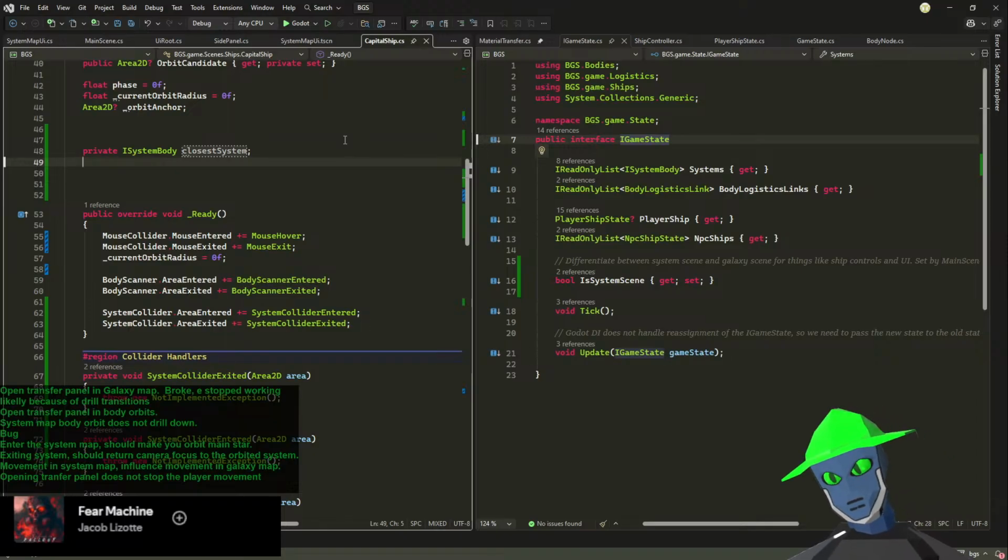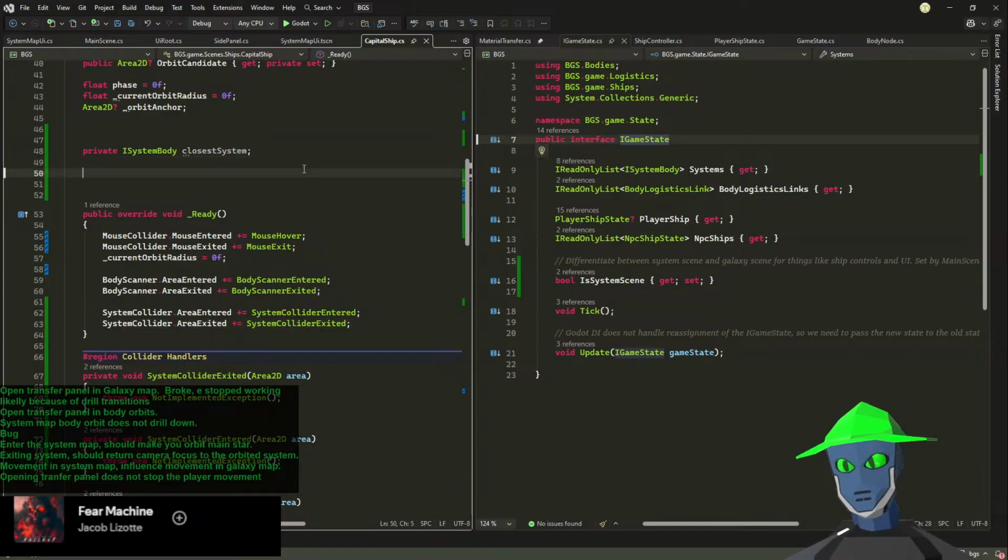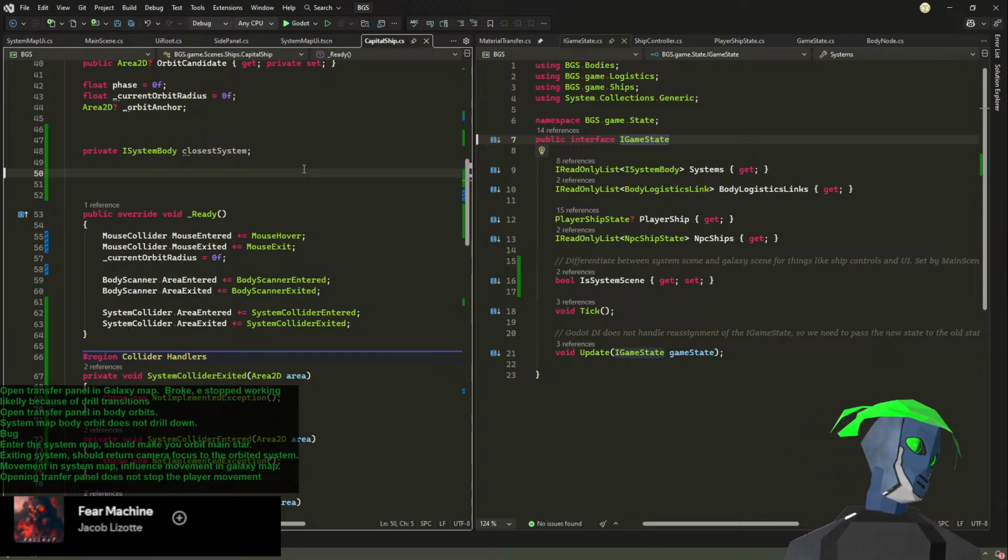Yes. Because the closest system does not mean I'm orbiting the system. Why changing stuff? Closest system. If it's a closest system, and then we need to have